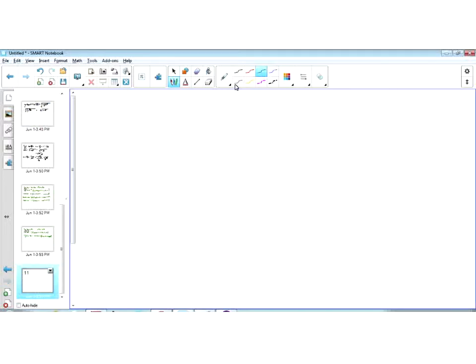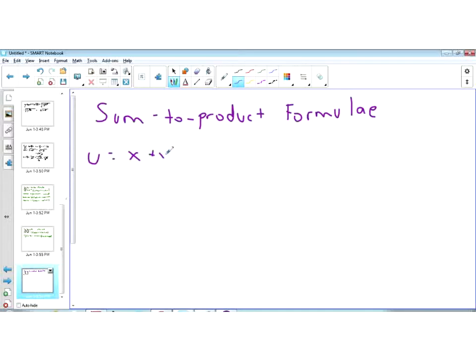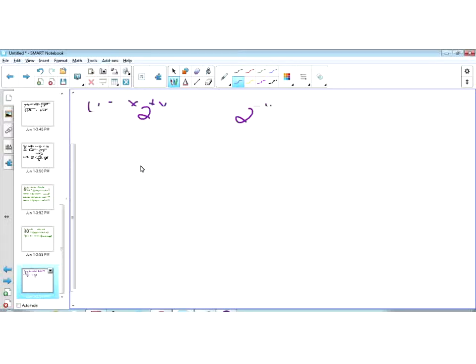Now next topic we'll do sum to product formulae. So if we have the sum, can we convert it into a product? So sum to product formulae. All right, so if we let u equal x plus y over 2, and we'll let v equal x minus y over 2. So